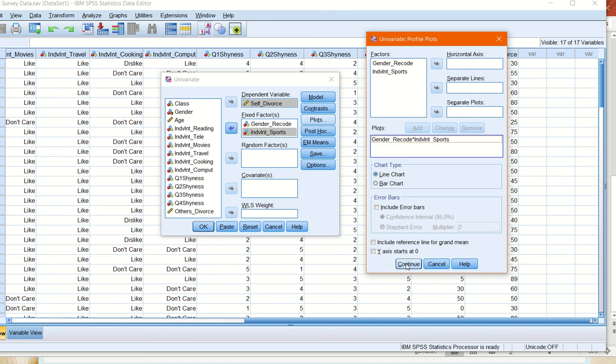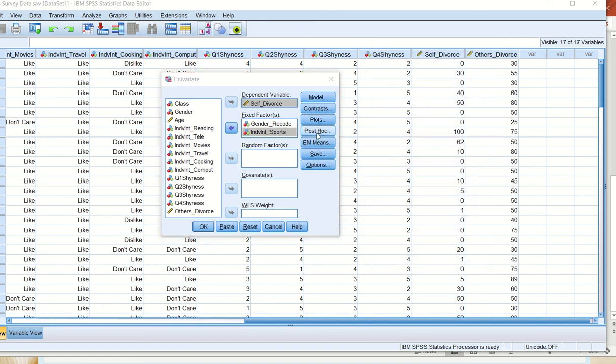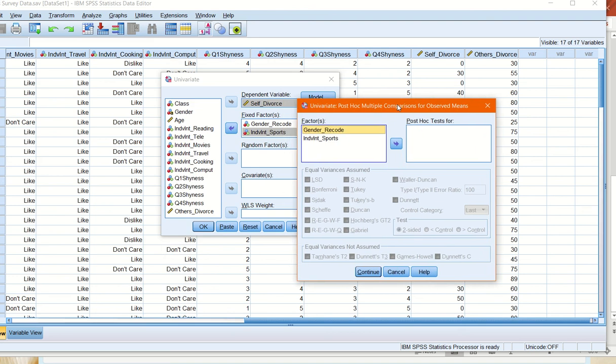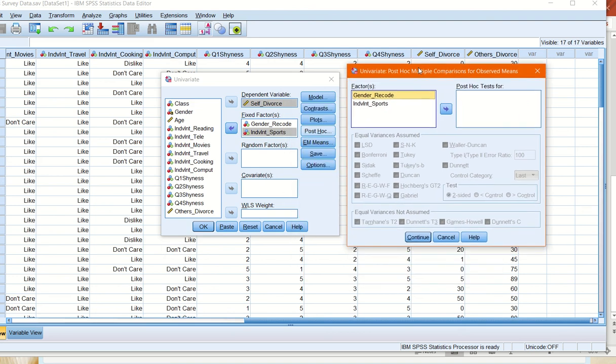and click continue. So post hoc tests are tests that you would run for any categorical variable that has more than 2 categories. So gender only has 2 categories, so you wouldn't need to run it for this, but the individual sports does have 3 categories: like, dislike, and don't care. So we would need to compare each one, and we will put it into this box here and click Tukey